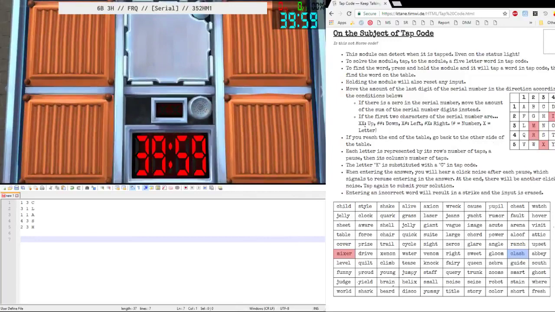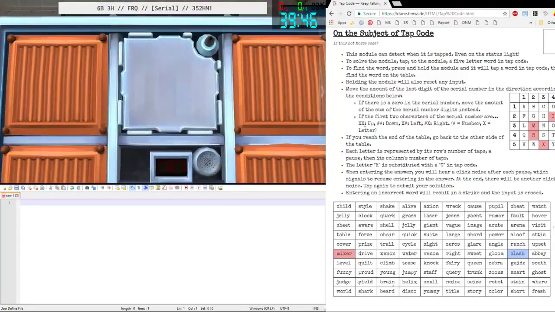Alright, one more chance for you to do it. As opposed to what I usually do, I'm going to mute the game, and then I'm going to tap it out and give you the counts. You can see the edge work there. We end in a 1. It is number. Your tap code is going to be